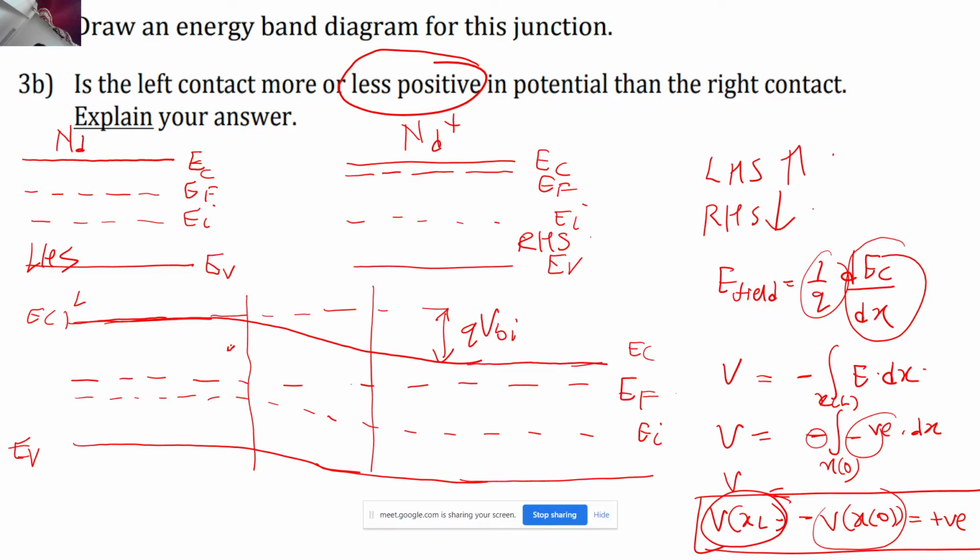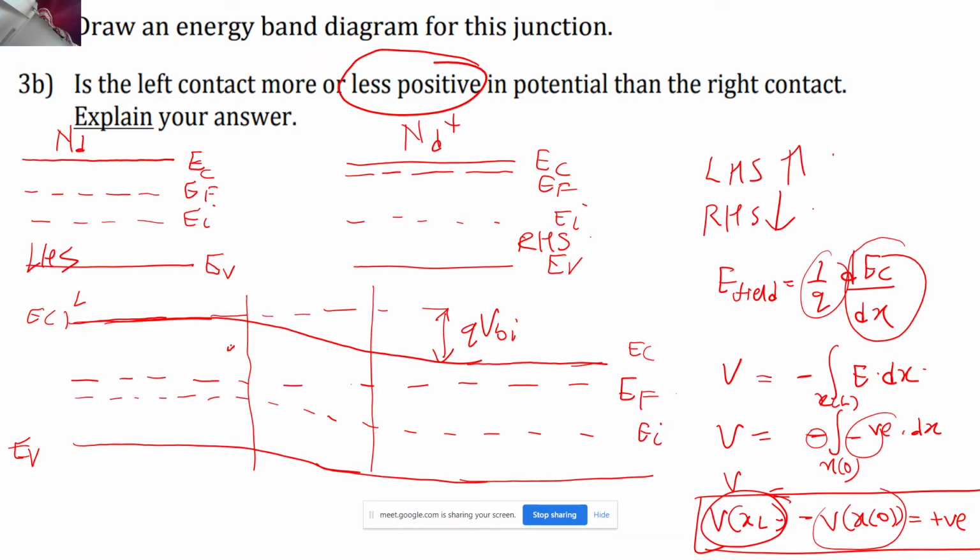Now the third question is a little bit, it is not tricky. Compute the magnitude of the built-in potential for this junction and compare it to the band gap of the semiconductor. So now how are we going to do this? So see, this is not a typical PN junction, right? So we have to go by the fundamentals to actually calculate the value of the built-in potential.